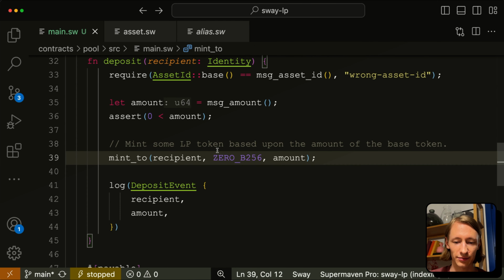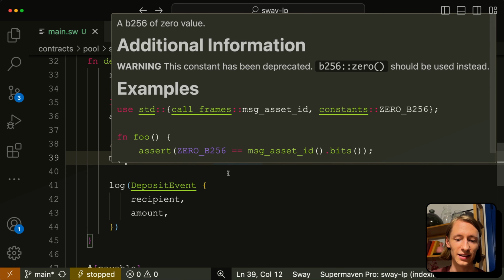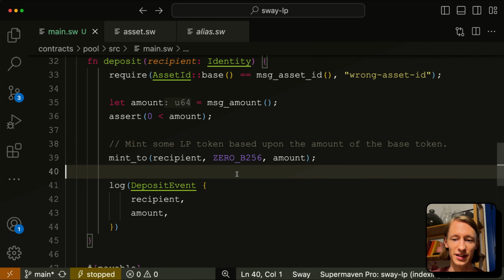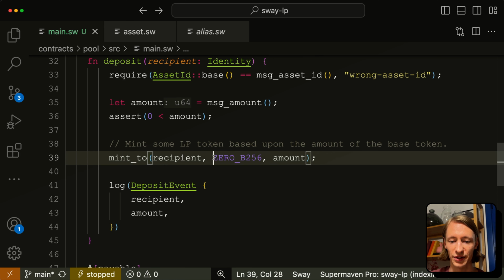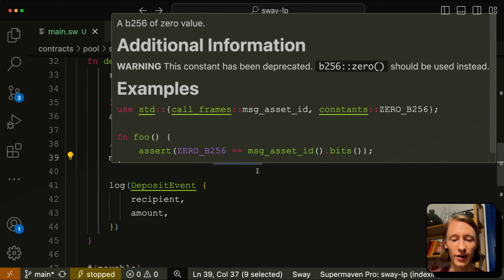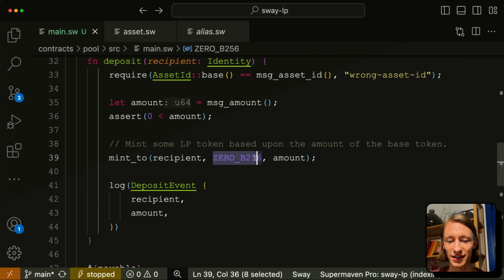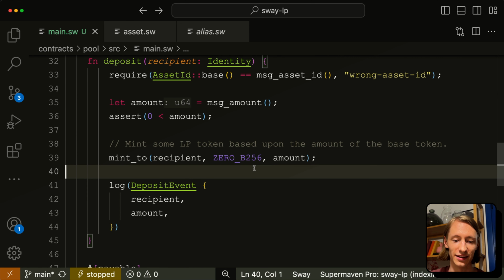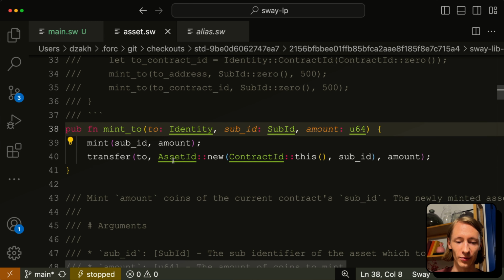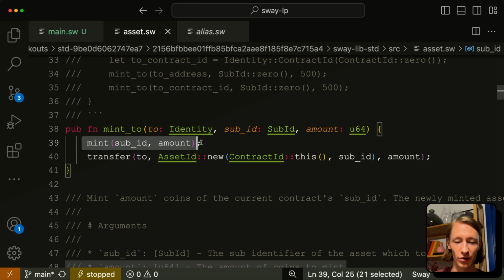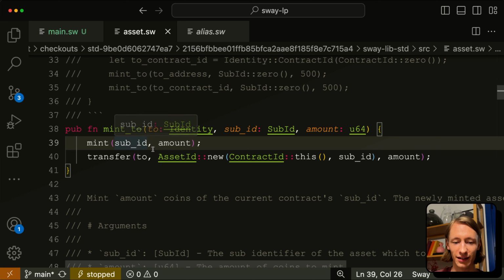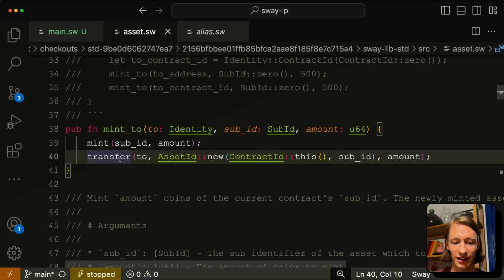But in our case, our contract is going to have only one asset, which is a liquidity pool token. To identify it, we are going to use this zero constant as the sub-ID identifier, because zero is the first in programming. That's the reasoning. So what we do here, we mint our liquidity pool token, and then we transfer it to